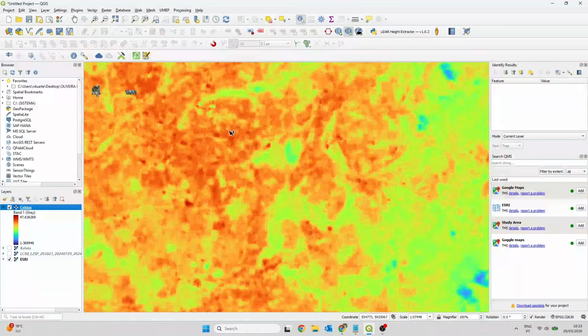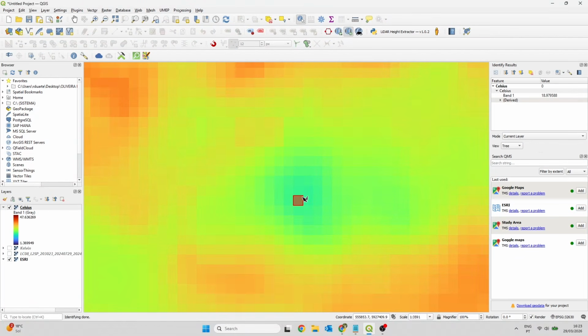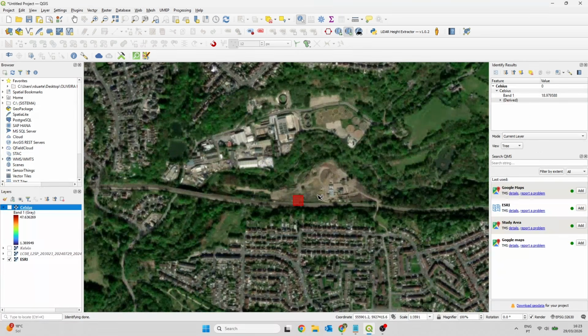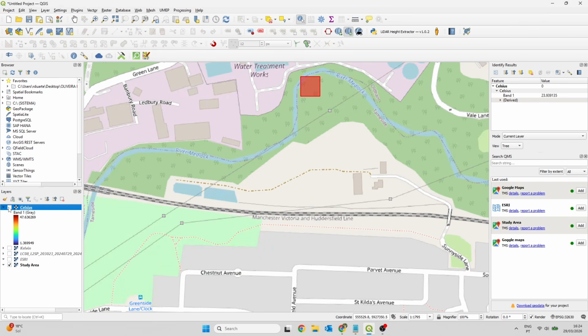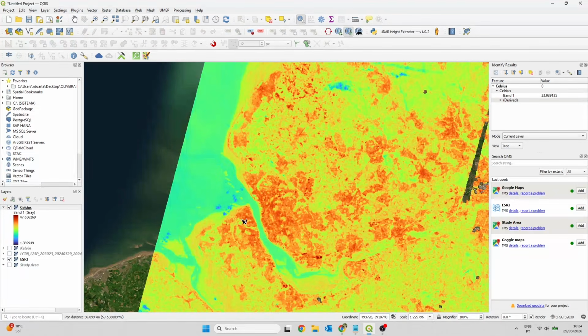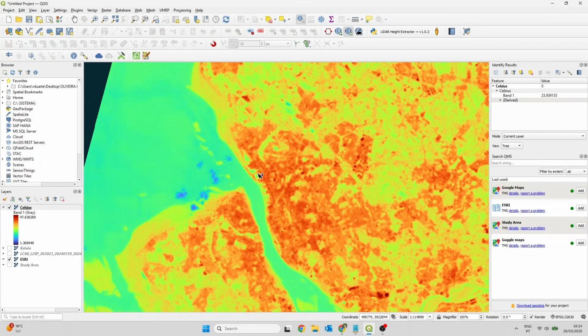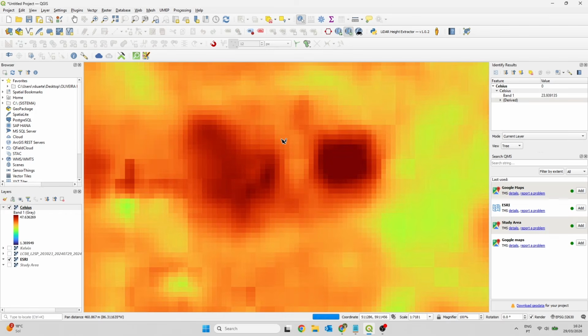For example, this blue area here, let's check what it is and why it has such a low temperature. There must be a plausible reason for this lower value, although visually it's not immediately obvious. Still, there's certainly some factor causing it to be cooler than its surroundings. Let's explore another area. Here we have the river, of course. Now let's check this strongly red zone here and see what it is.